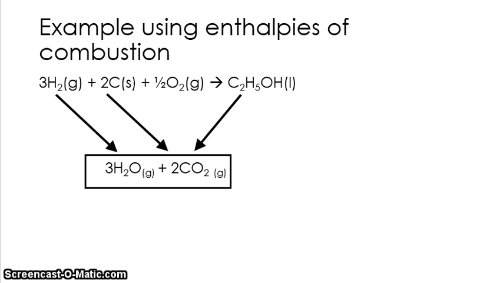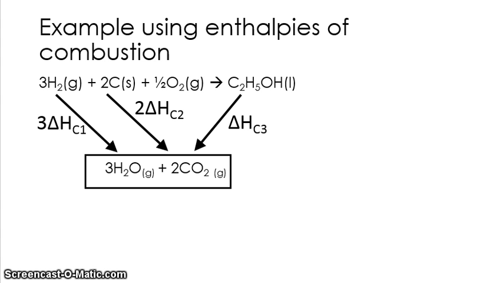Now, the next slide shows the numbers that we need to put in, because we've got 3 molecules of H2, so the value we need to add in is going to be 3 times the enthalpy of combustion of H2, and we're going to call that delta HC1. And then we need 2 lots of the carbon combusting, because we've got 2 moles of carbon combusting, so we're going to need to have a value of 2 times delta HC2, where C2 is the enthalpy of combustion of